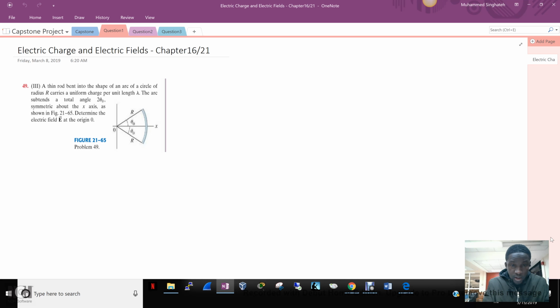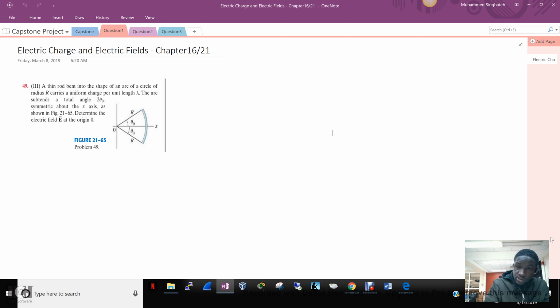on the question. I already worked it out, so now I'm going to write it and then explain how I get it. So it says we're going to select a differential element of the arc which makes an angle of theta with the x-axis. The length of the element,